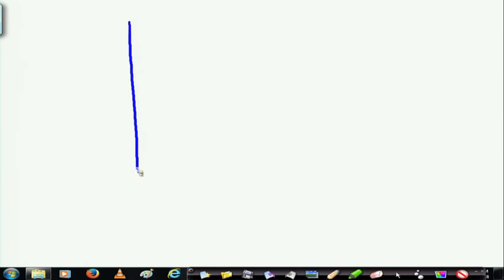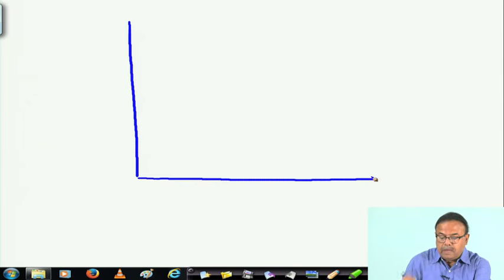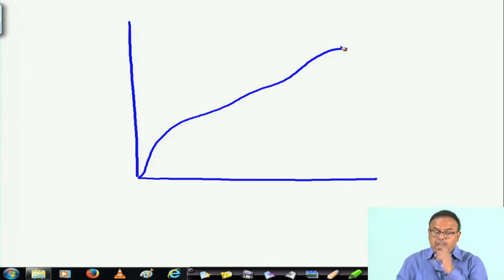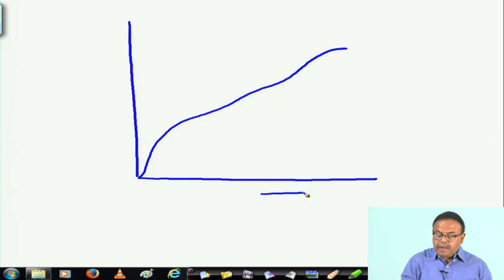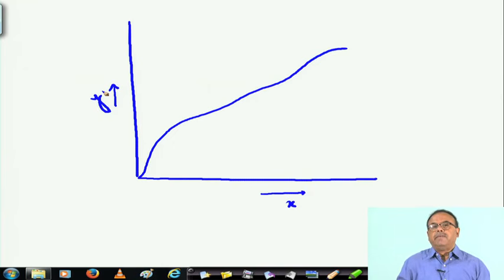Say I have got a function which is something like this, but I do not know the function beforehand. All right. If I had known the description of this function, in that case, given any x, I could have found out the corresponding y, right. But suppose the function is not given.